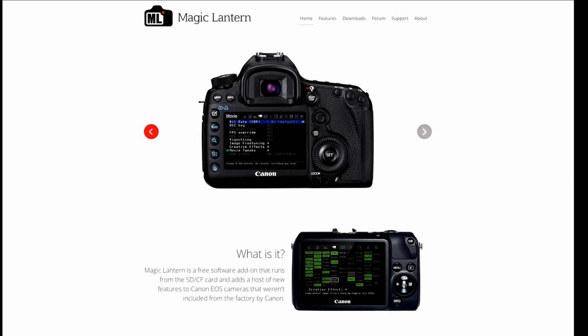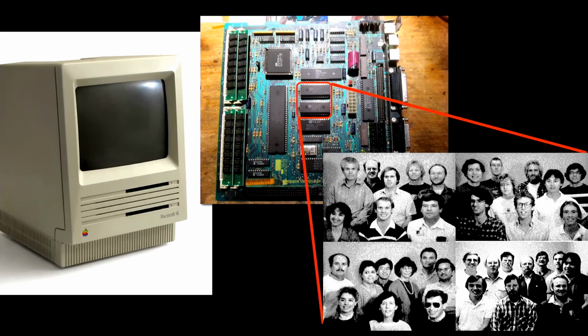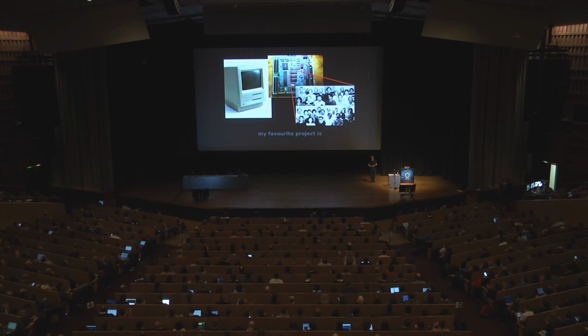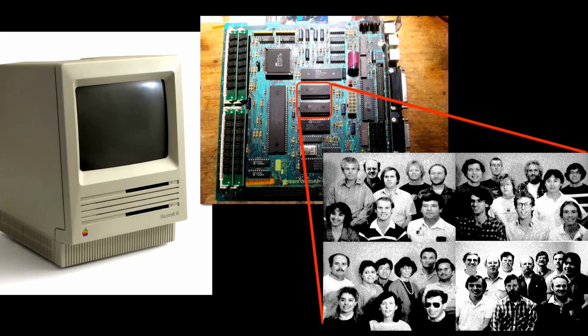So reverse engineering is a hobby of mine. One of my more famous projects is the Magic Lantern firmware for the Canon cameras. It's a GPL runtime that lets you write your own software. I also really enjoy retro computing and digging through old computers and in the ROMs to see what sort of Easter eggs there are, such as this Mac SE that contains 4 photos of the team that worked on it